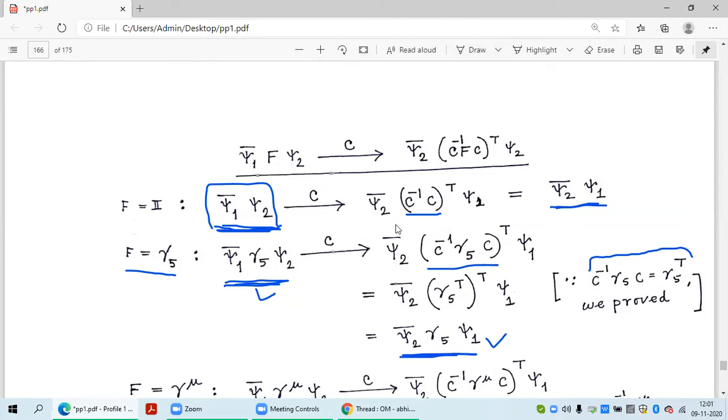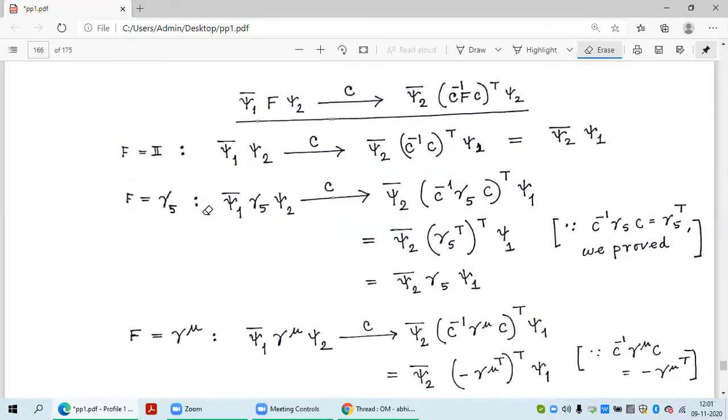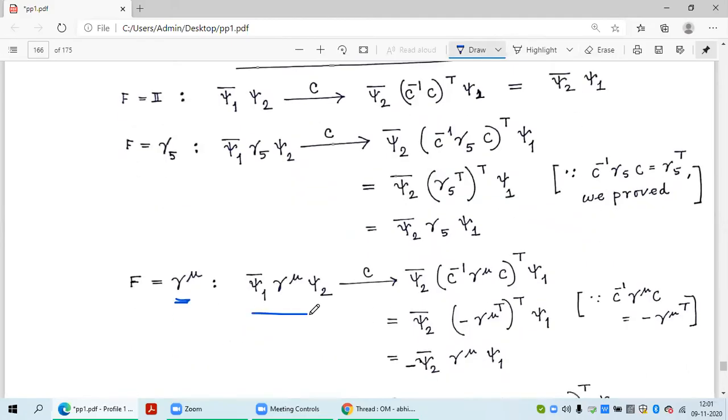And which is justified because the Dirac field represents fermions, so its charge conjugation can't be the same. Their particles and antiparticles are different. Okay, in that sense, it is also desirable. Now come to, if f is gamma mu, then this,